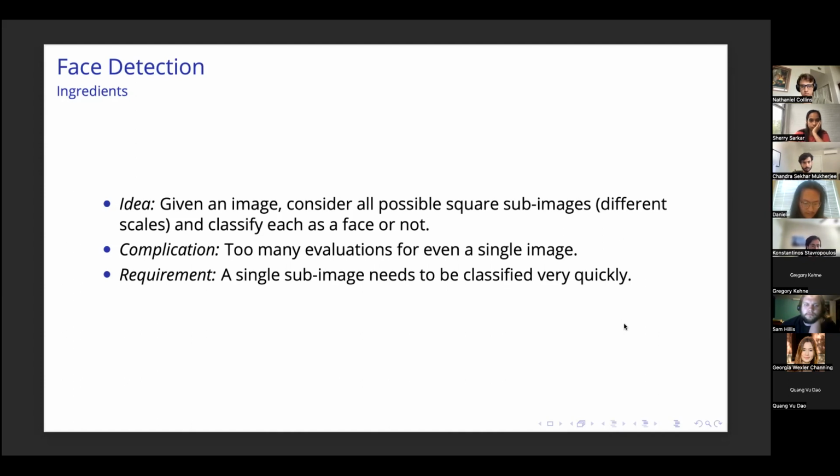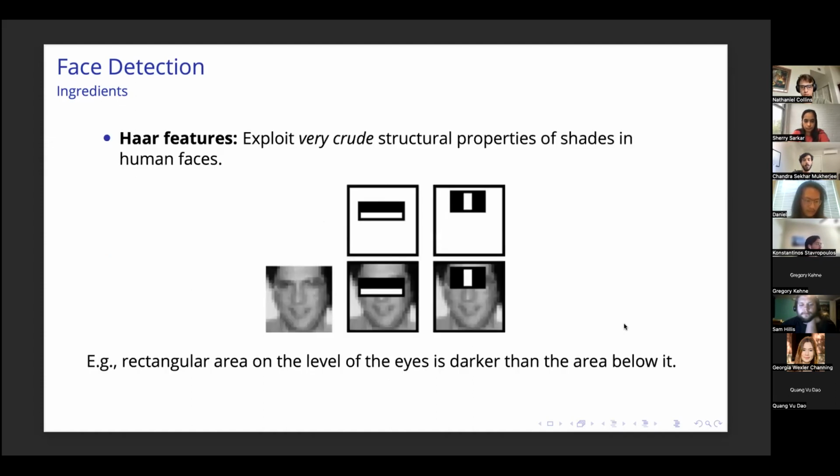So what we'd really like to be true for our algorithm is that when it is given a small image, a sub-image, it will very quickly decide whether it is a human face or it is not. We really want the innermost loop to take only a really small amount of time. Okay, and in order to do that,